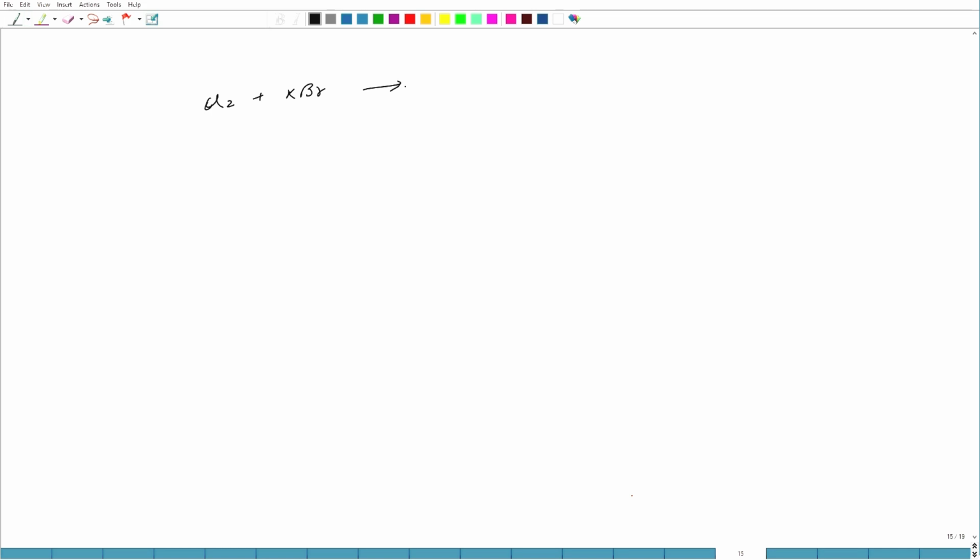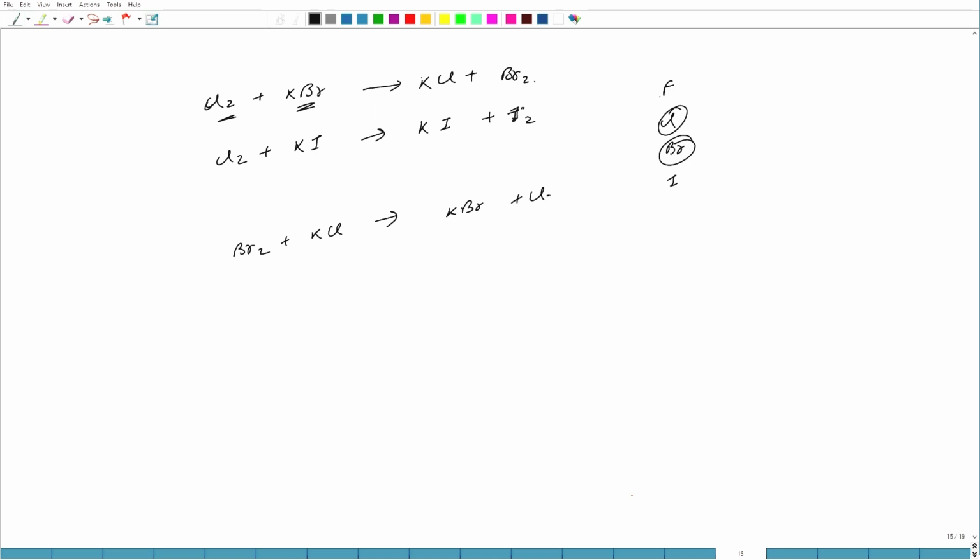Remember, fluorine, chlorine, bromine, iodine, which one will tend more to go into the minus oxidation state? Chlorine more than bromine. That means this chlorine will replace the bromine in KBr solution to form KCl and Br2. Similarly, this Cl2 can also replace the iodine in KI solution to form KCl and I2. However, if you ask that Br2 reacts with KCl and forms KBr plus Cl2, no, this reaction does